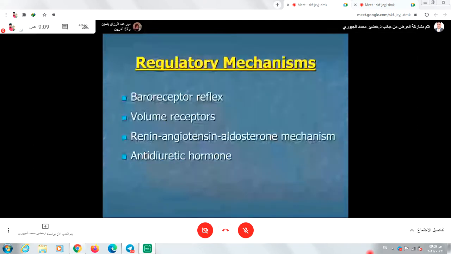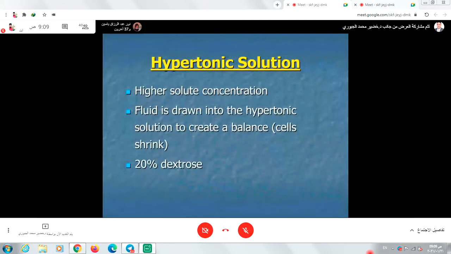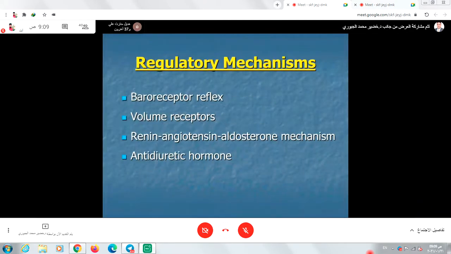And the hypertonic and the isotonic. Now, how does the fluid